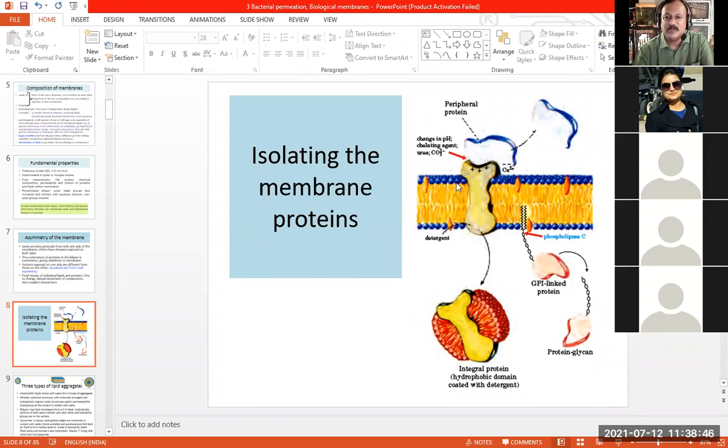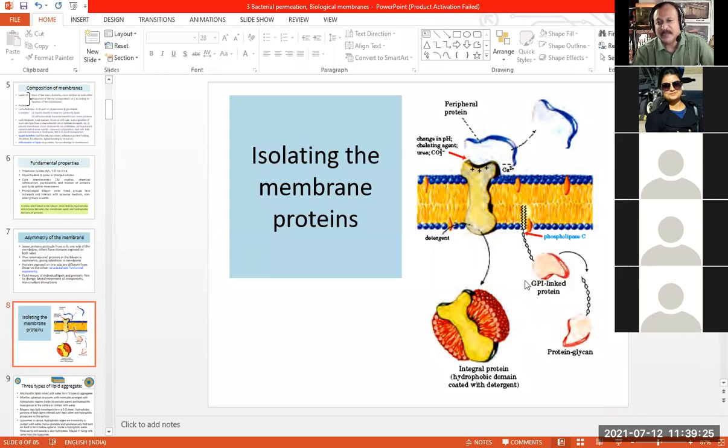And those proteins which require very strong detergents, or they require chaotropic agents for the removal, or some agents which might lyse the membrane or damage the membrane, those proteins are called the integral proteins. You can see it here. The red colored part is the membrane. So you have actually broken down the membrane, a piece of a membrane, and along with that piece of a membrane, this protein has been removed from the membrane. And now this particular protein is covered with the detergent.